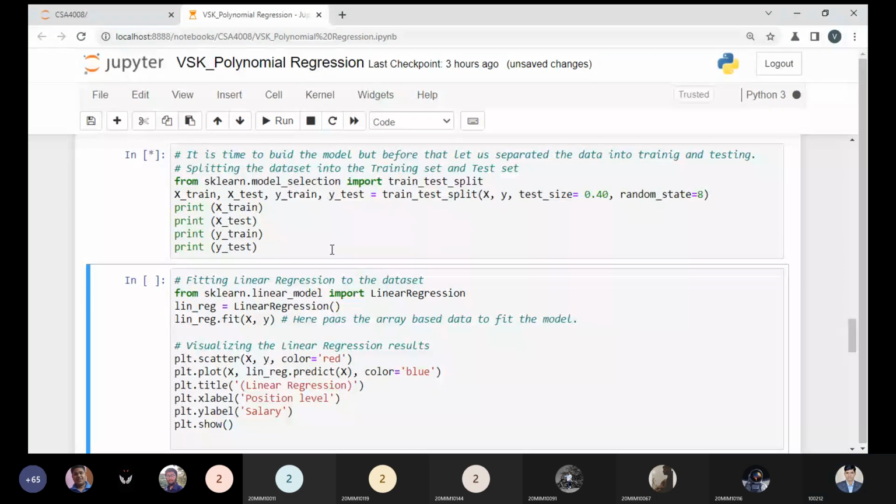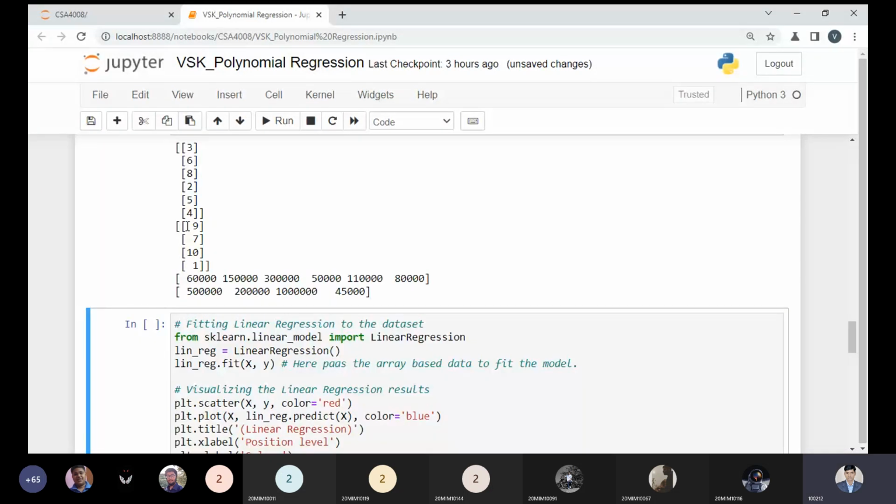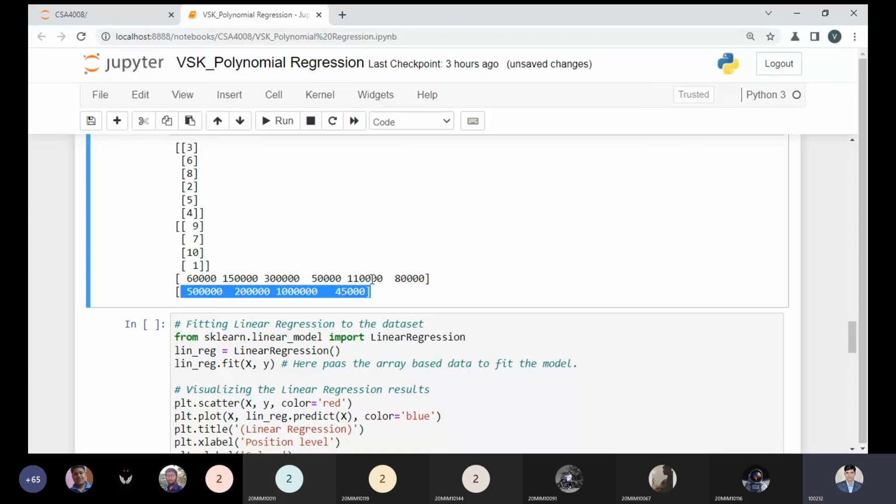We can see random data. This is 9, 7, 10, 1. This is our testing data, which is highlighted by me over here.